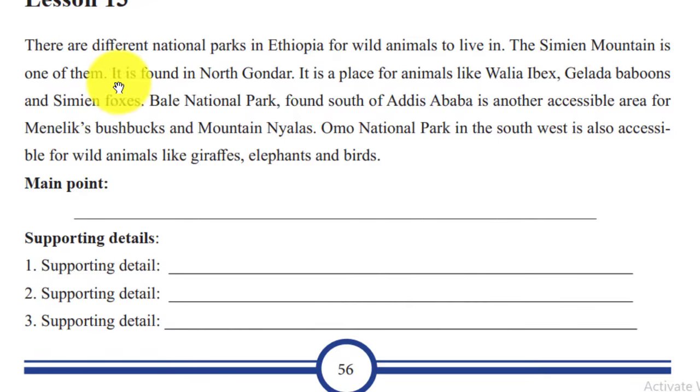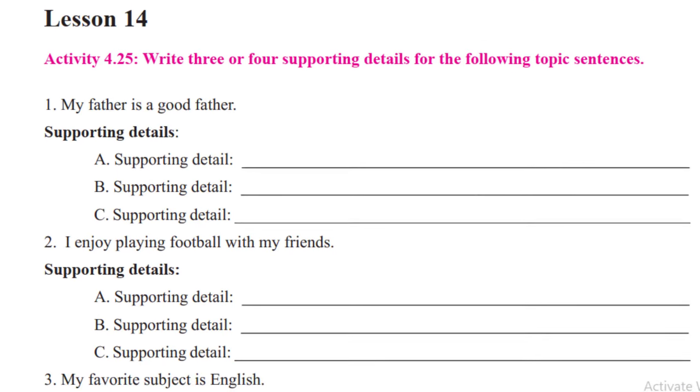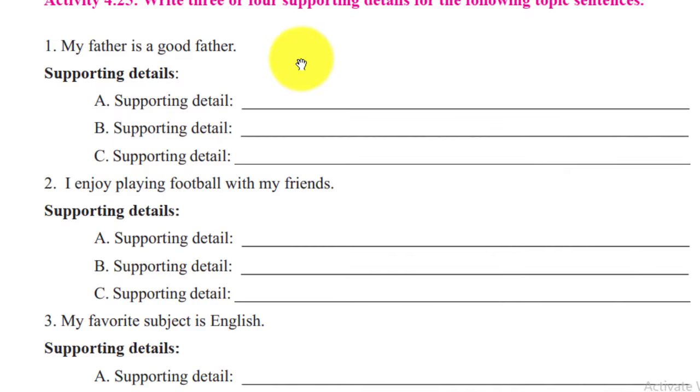አንደኛው the same mountain is one of them ይላል። the same mountain የሚለው አንዱ ነው። it's found in north ስለ same mountain ያወራና ቀጥሎ ደግሞ ይቀጥላል ማለት ነው። ለምሳሌ ባሌ ናሽናል ፓርክ ሌላው supporting detail ነው። እንደዚህ ያደርጋችሁ main idea ን ከ supporting detail ተለያላችሁ ማለት ነው። ከዚያ ሌላው ይሄንን ካዳበራችሁ በኋላ activity 425: write 3 or 4 supporting details for the following topic sentence by your